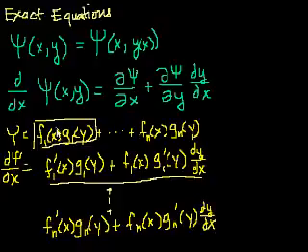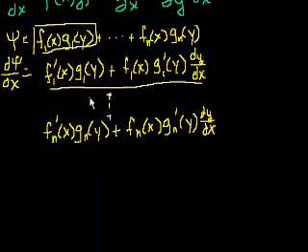Now we have two n terms. We had n terms here, where each term was a f of x times a g of y, f1 of x times g1 of y, and then all the way to f_n of x times g_n of y. For each of those, we got two of them when we did the product rule. If we group all the terms that don't have a dy/dx on them, and add all of these on the left-hand side, I'm just rearranging, it all equals